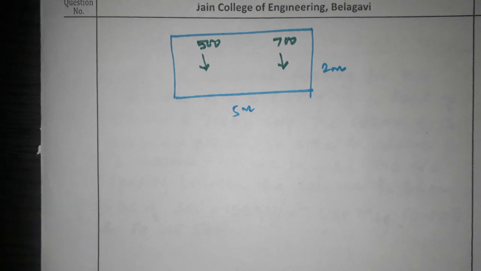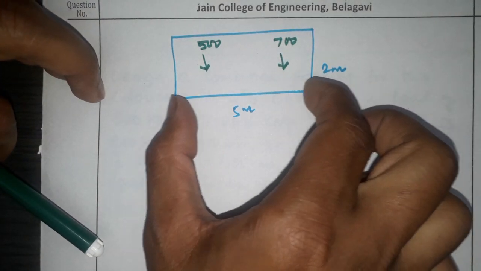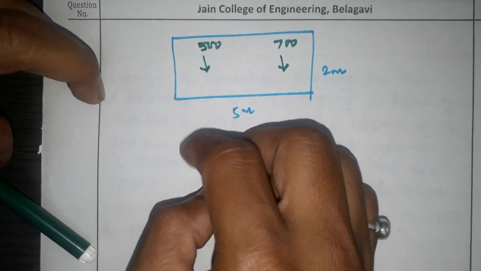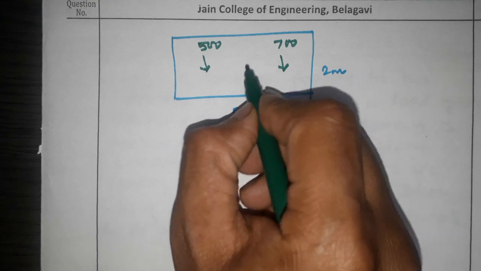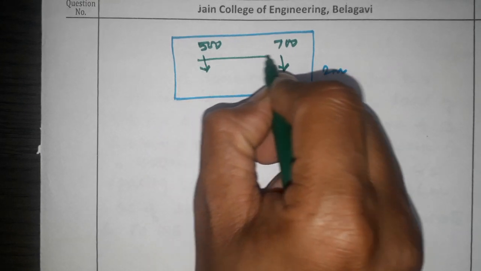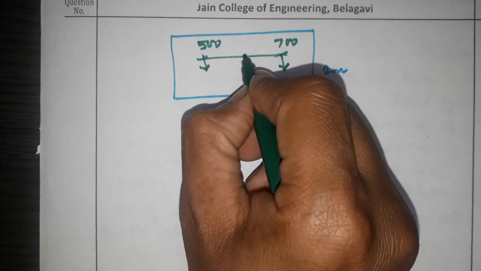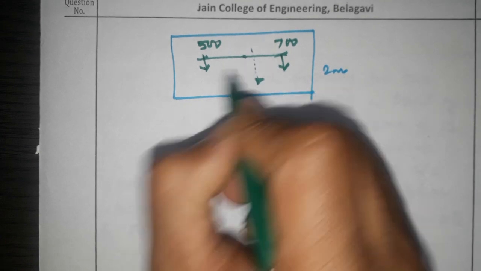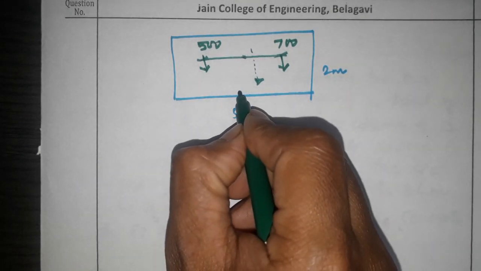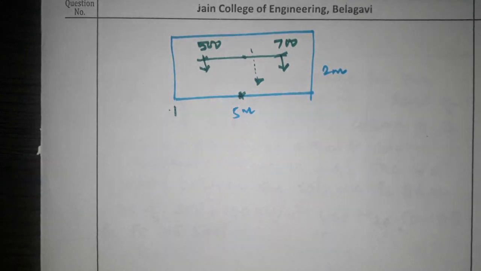So the most important here is we have to adjust the size of the footing. Now we have to fix the footing here, correct? So we have to adjust the footing in such a way that the CG of column load, suppose the CG will be somewhere here, this will be center, and the CG of the footing is somewhere here because the total is 5 meter, so where will its CG come? It will be at 2.5 meter.